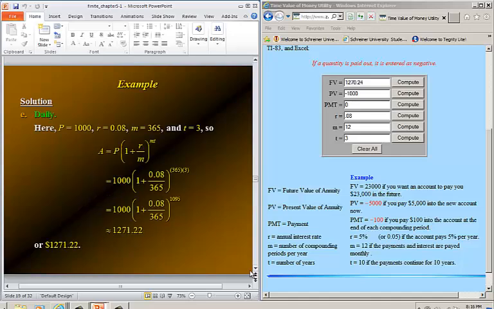Finally, we'll compute it daily. Again, the only change is the number of times it is computed, and if it was computed daily, it would be computed 365 days